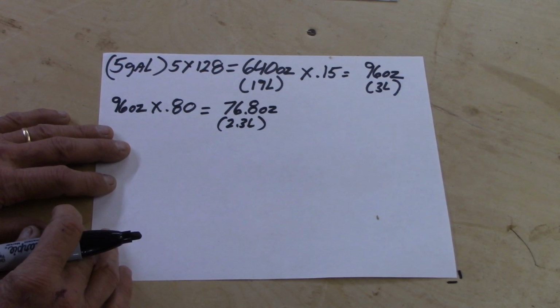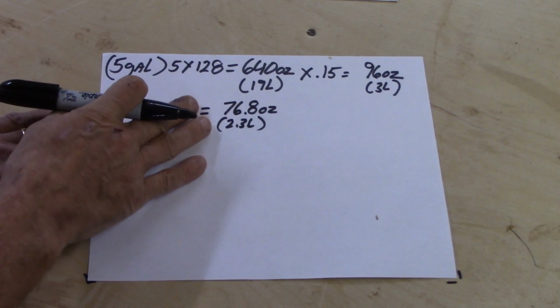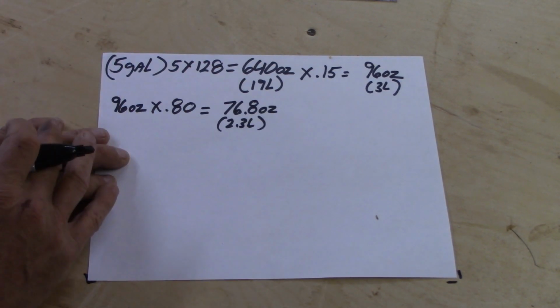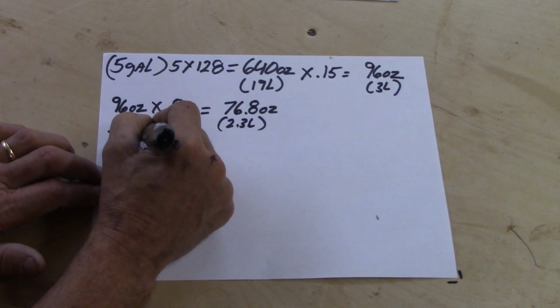Now, here comes the good part. We're going to really know a whole lot more than just this. We know that 76.8 ounces is our 80% efficiency level if we reach that. And that's sort of like just a target. If we take that 76.8 ounces,